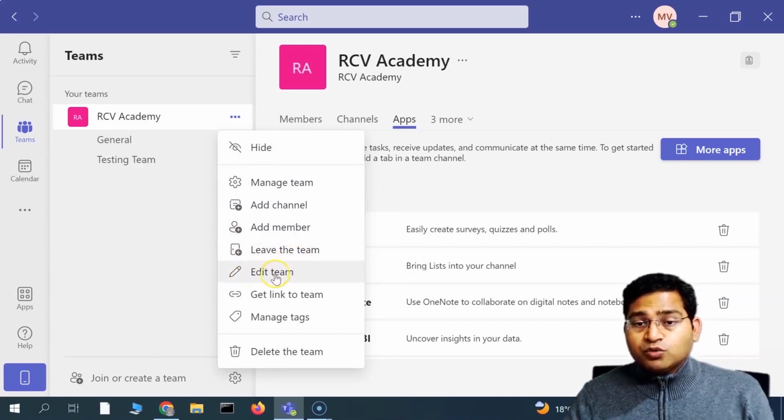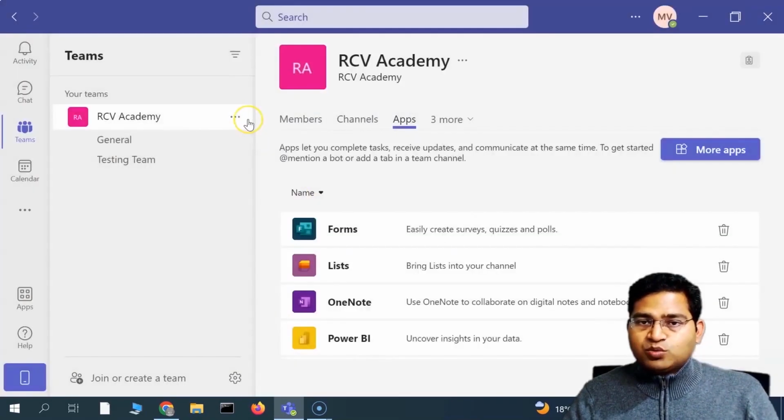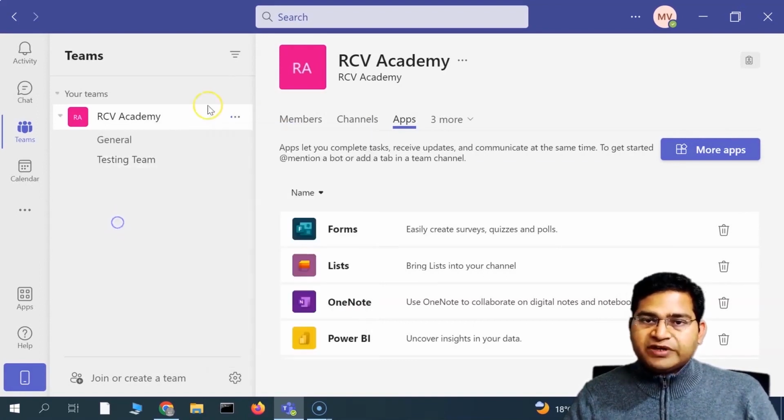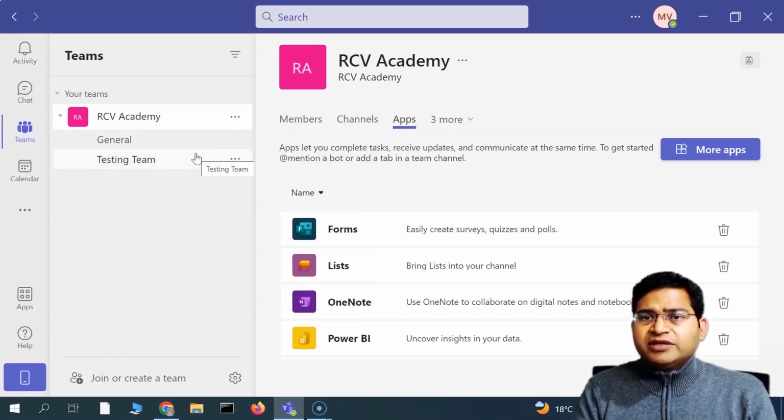If you have permission to edit the team, click on edit the team, and it will allow you to edit the name, description, and the privacy of the team as well. Then in order to get a link to the team, you click on get link, and then you can also manage the tags or delete the team if you have permission to delete the team, right? So this is briefly what exactly the team is, and the high level settings of the team,